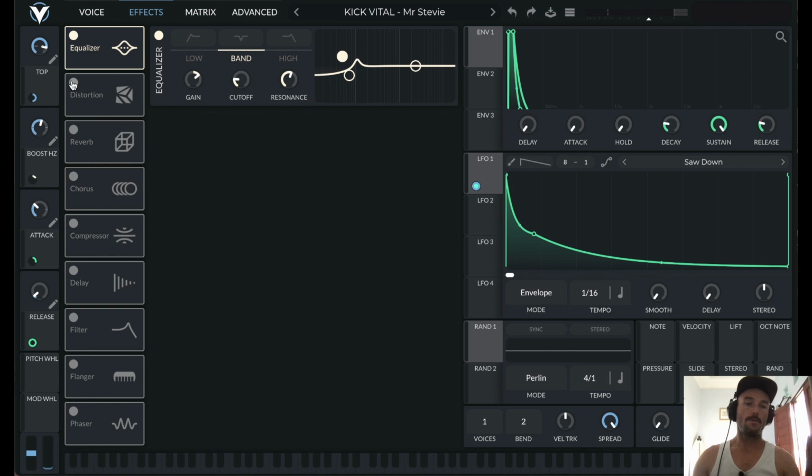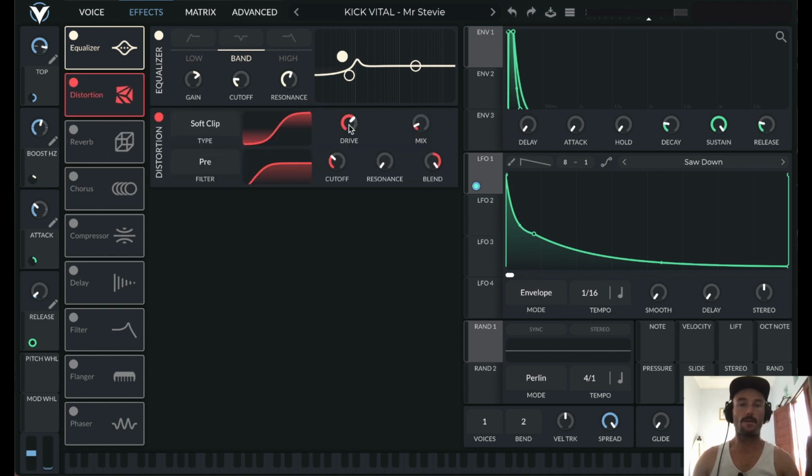And then also some distortion. So the settings here, we've got about 10 dB boost on the drive. We're looking at about 10% on the mix. Got the filter here set to pre, but you can adjust this depending on your taste. Frequency is about 150. The idea here is that when the filter is on, we're just distorting the frequencies above 150 Hertz. I want the sub part of the kick to be a little bit cleaner,